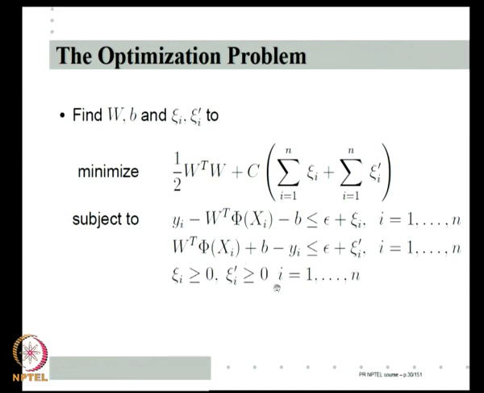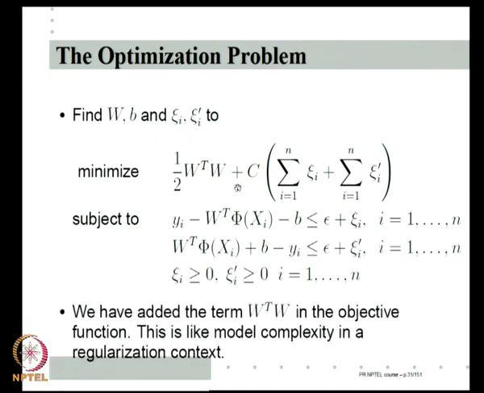Right now, let us say, if I had only this term and the constraints, then it is exactly like minimizing the empirical risk, but I am adding this. So, what we can think of is, along with these constraints, this is the empirical risk. This in some sense is like a model complexity. This is the data error, as you have already seen, this term captures the empirical risk under the epsilon insensitive loss function. And this is the term which is model complexity. So, I can think of this as a regularized risk minimization.